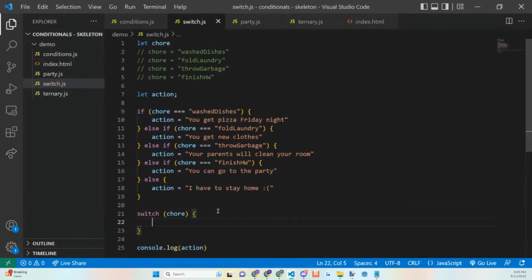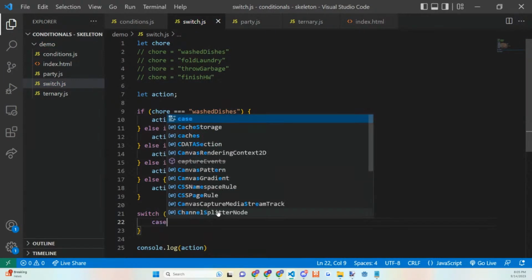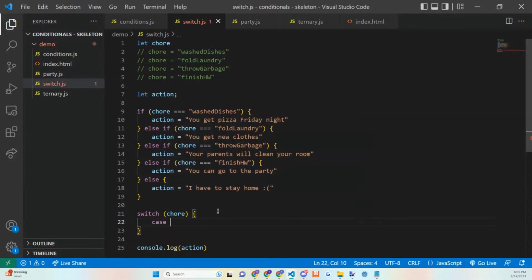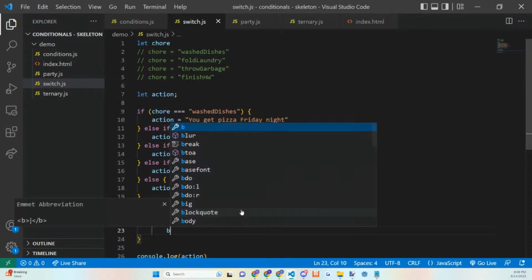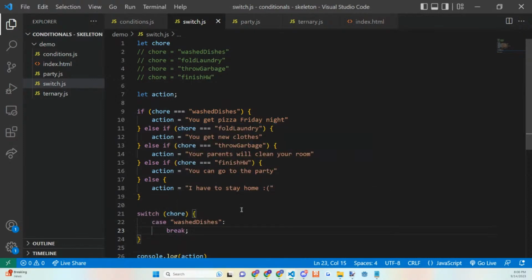And based on that chore, we have different case scenarios, right? We have the case where it's equal to wash dishes, right? And then you have a colon to denote what we do in that case. So after every case, we're going to have a break just to make sure that we can break out of it after executing some code.